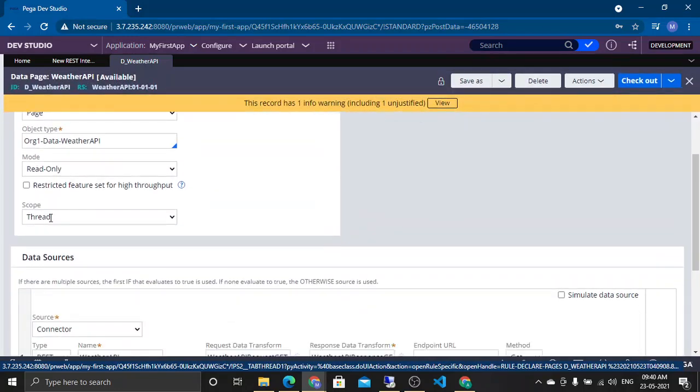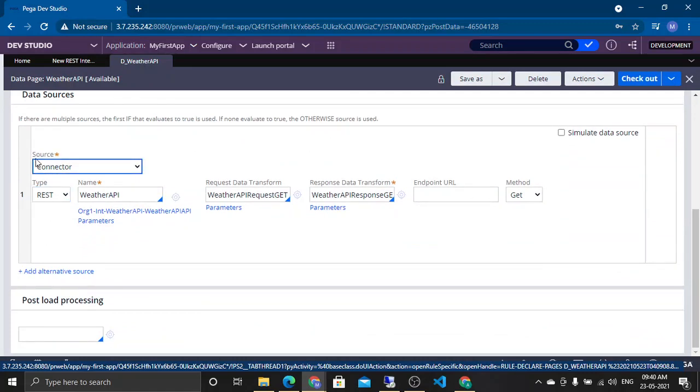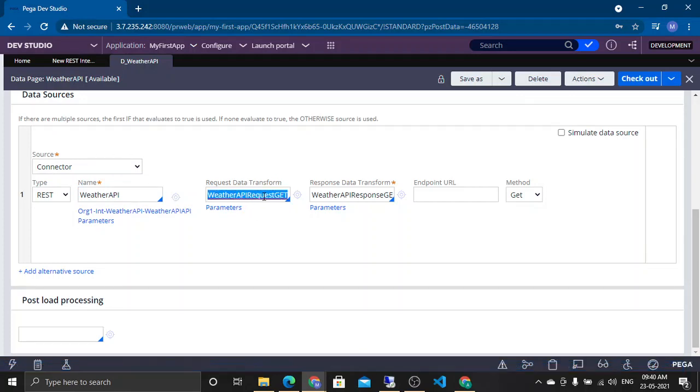Now we are discussing a third source, connector. A connector is used to call an API or a service. It could be REST, SOAP, JMS, anything. So this connector is of type REST, and the service I'm using is the weather API service. I get the data currently from the request parameter, and this is the response parameter.